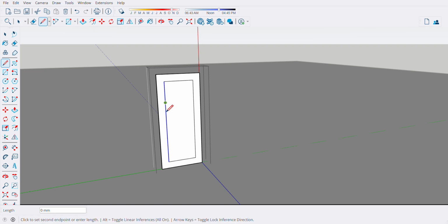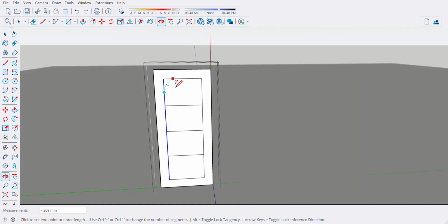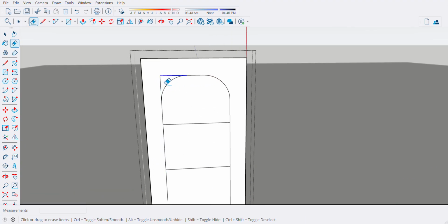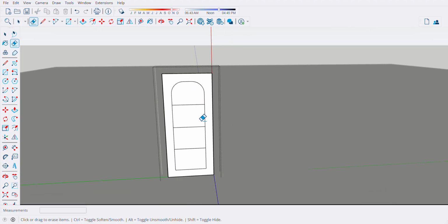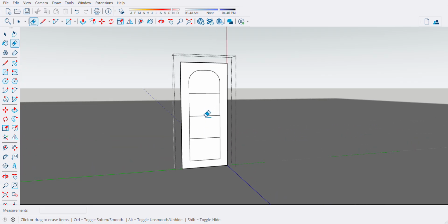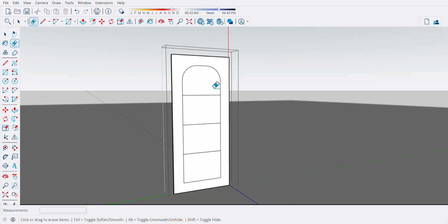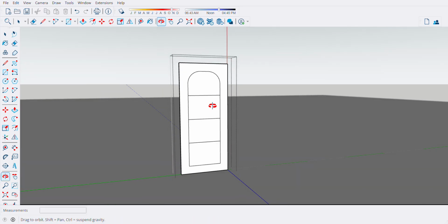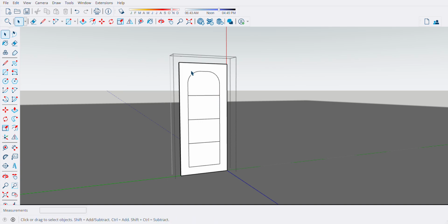So make a line here, a line here, a line here, and then we'll be making an arc here. Okay. So there's a lot of design there. This one is just an example.